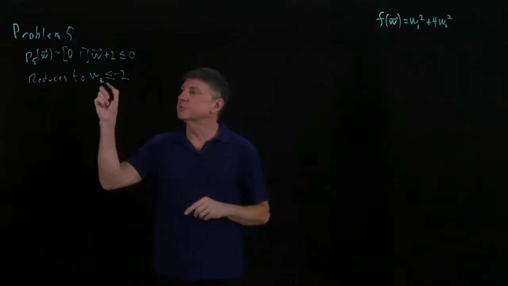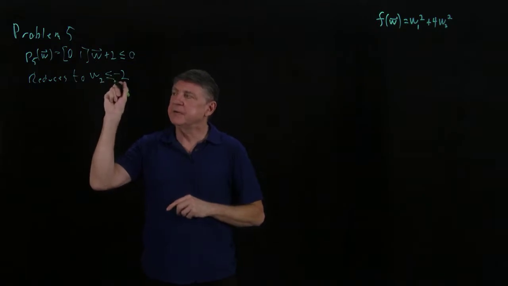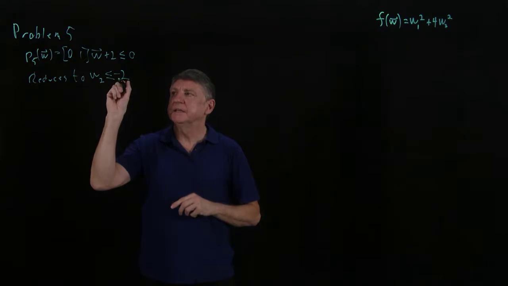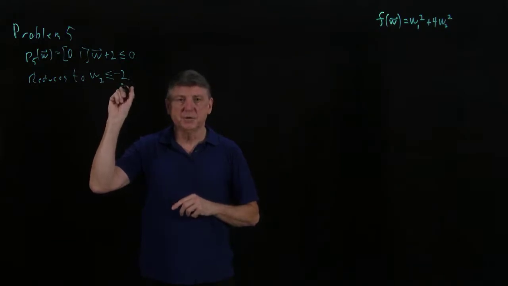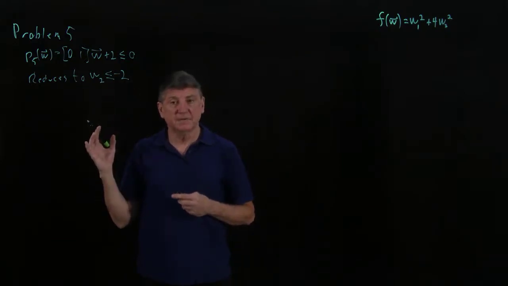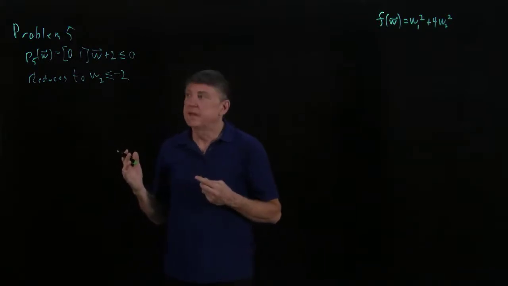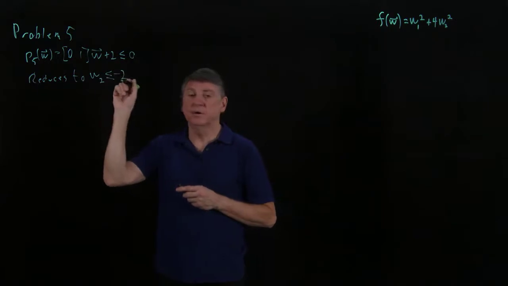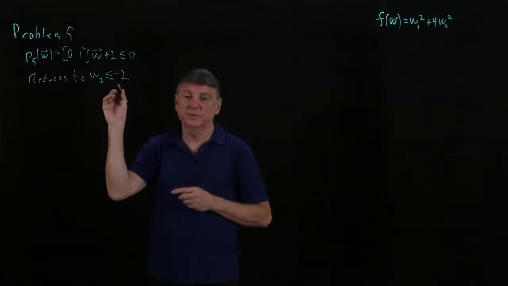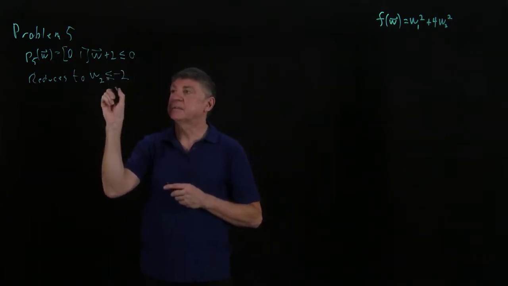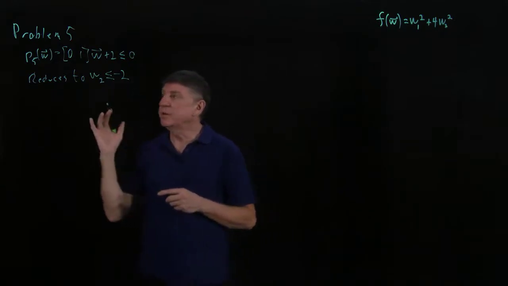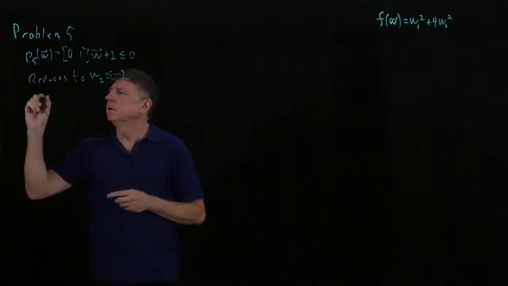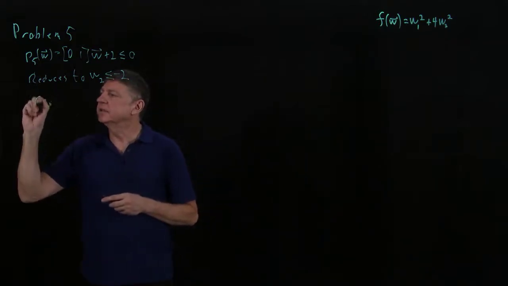And if we're constraining the second entry of the constrained minimizer to be less than or equal to minus 2, then this constraint will be active. If this constraint is active, then we know that the solution has to be a boundary point for the constraint, which means that it has to be an equality. And when we solve this as an equality, and we can use the primal or dual method, what we find is that the constrained